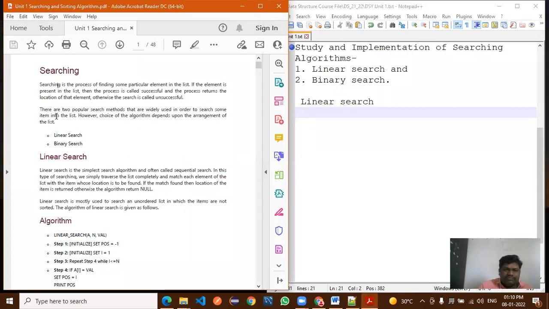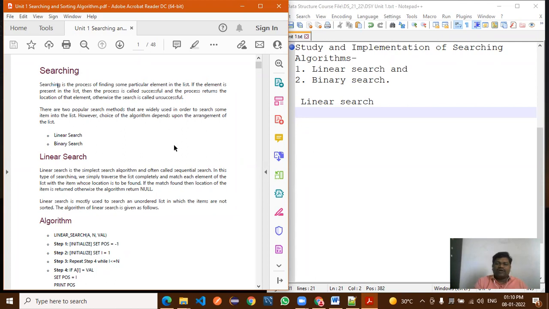Searching is the process of finding some particular element in the list. If the element is present in the list, then the process is called successful. If you found the element in that list, at that time you display the message that the element is found, or the element is present in the list.